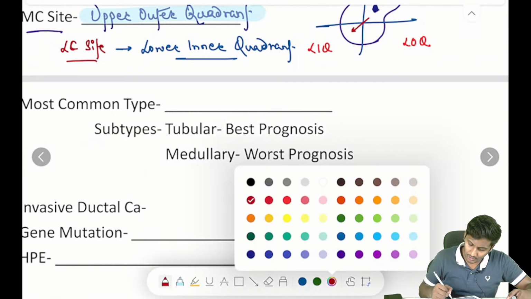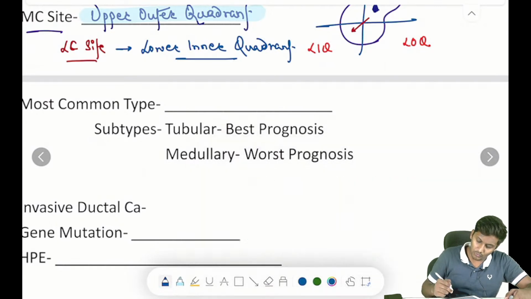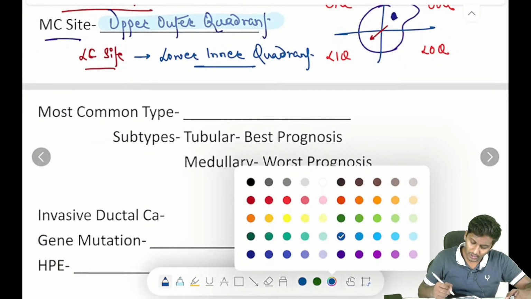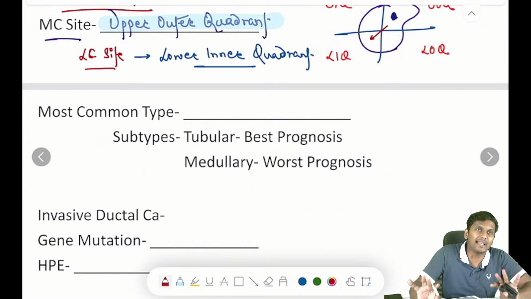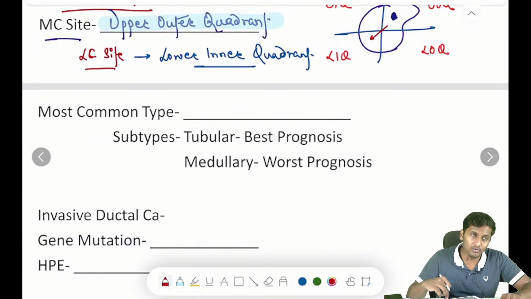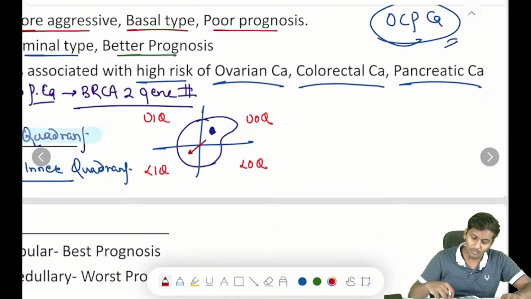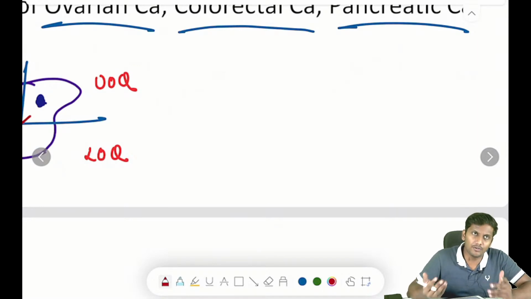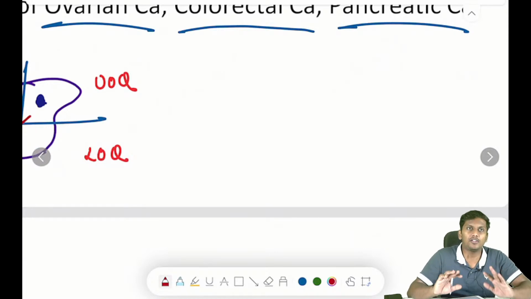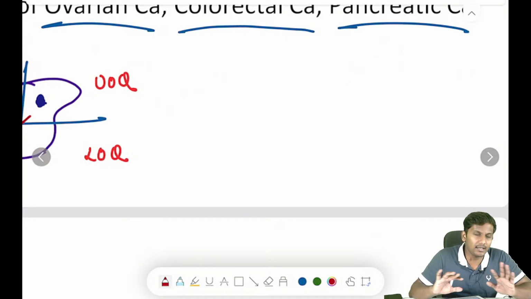Now next, let us talk about the most common type of breast cancer. First we will try to understand which are the main 2 categories of breast cancer. So you have to remember, I've told you there are 2 types of tissue in the breast, glandular and fat. Mainly the breast cancer will arise from the glandular tissue. Why? Because estrogen mainly acts on the glandular tissue. It causes proliferation of the glandular tissue, and due to that the breast cancer mainly arises from the glandular